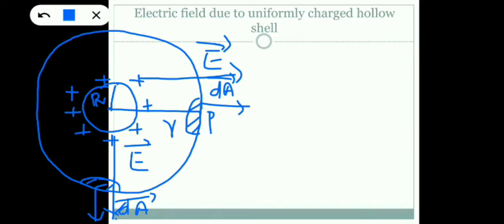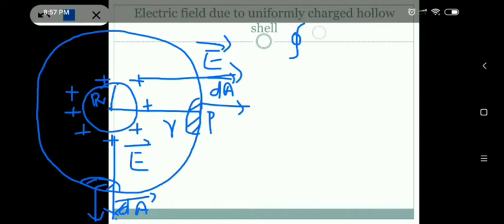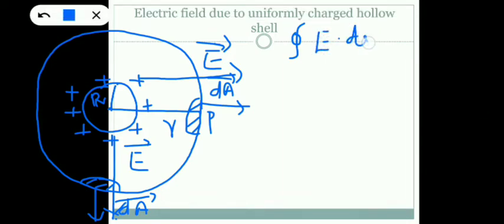So what is Gauss's law? Yes, closed integral E dot dS equal to Q by epsilon naught. And this Q is the net charge, Q net. Okay. And here we need to consider three cases. First case is the electric field intensity inside the shell, the electric field intensity on the surface of the shell, and also the electric field intensity on the outer area or outside the shell.